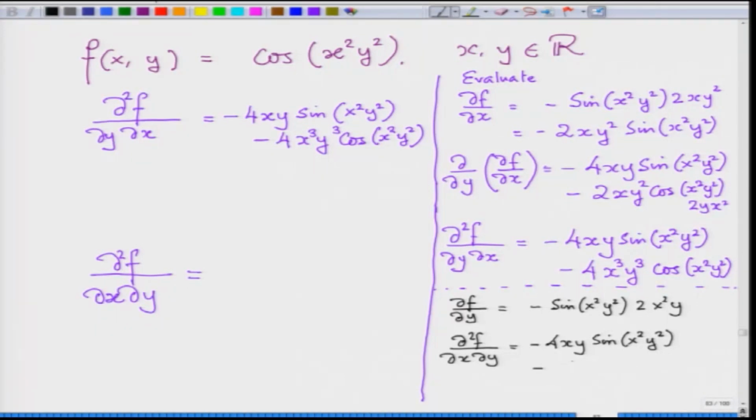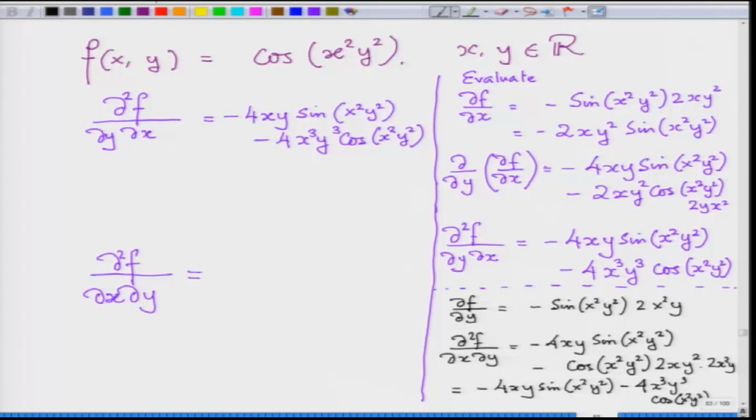So, minus cosine of x square y square into, now I am taking derivative with respect to x. So, it is 2 x y square into 2 x square y. So, what I am finally getting is minus 4 x y sin x square y square minus, if I multiply this, I have 4 x cube y cube into cosine x square y square,